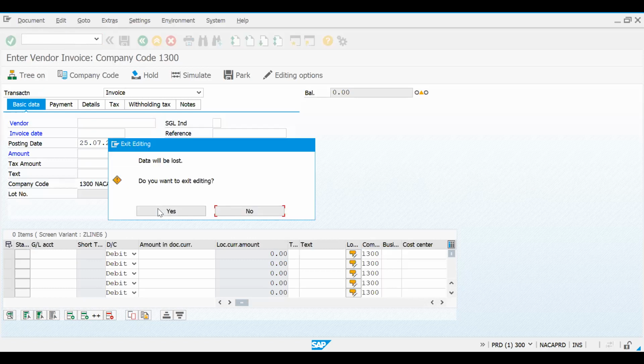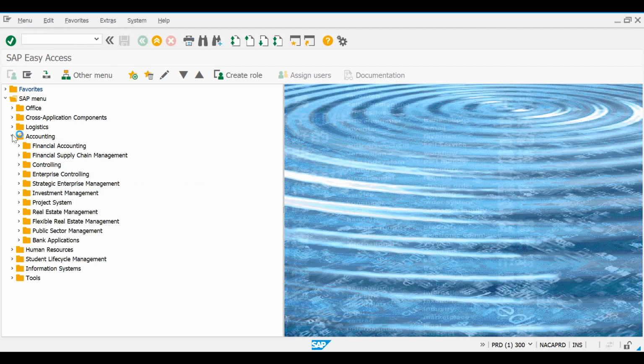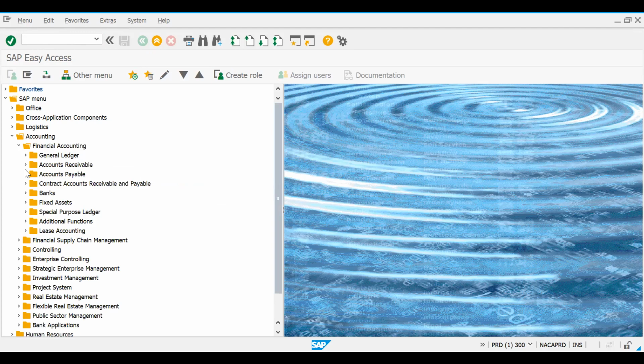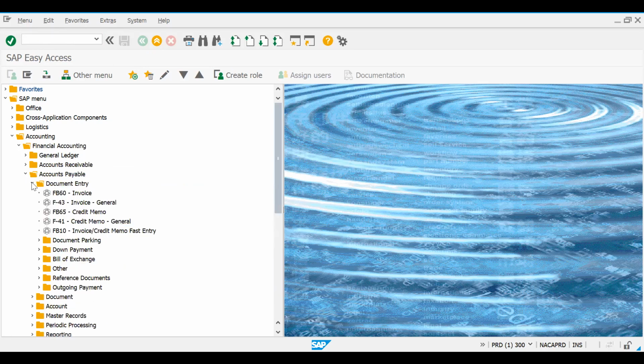Now, this is quite faster. Instead of going through the menu path, going through account receivable, see this? Instead of going through to get to FB60, I just make use of the transaction code. It takes me to this screen easily and faster.